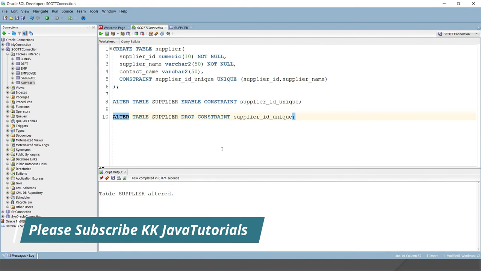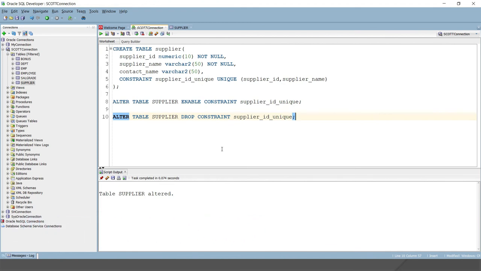These are the ways you can create a unique constraint. You can delete an existing one, or once you have created a table, afterwards you can add a unique constraint. Similarly, if you want to add a unique constraint to an existing database table, then you can use the alter command. Simply do alter table, then the table name, then add constraint, the constraint name, and then unique, and in brackets you can supply all the columns, a single column or many columns, on which you want to create a unique constraint.